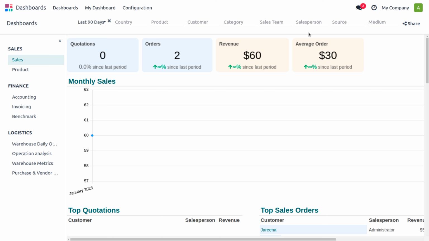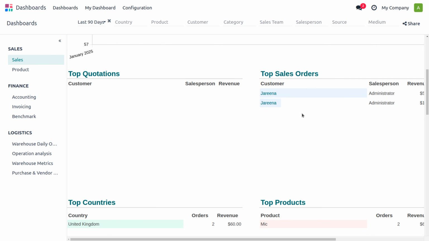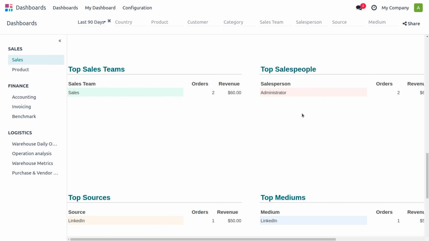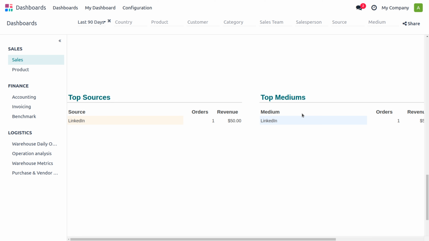This is because in order to get the average order, currently we had only 2 sales orders. Just consider the revenue divided by the orders. So you will be getting the amount over here that is for the average order. Okay, and you can find every detail that is reflected in this section. And if you want to share this, we can easily share that.